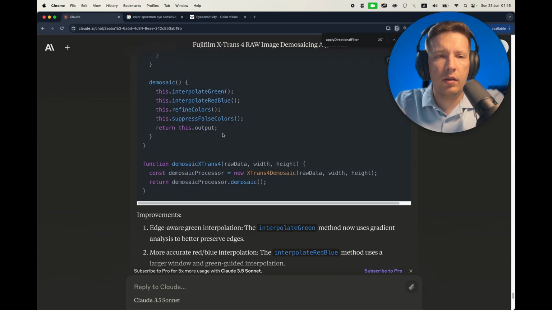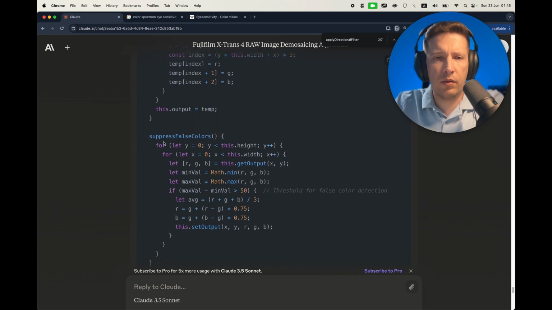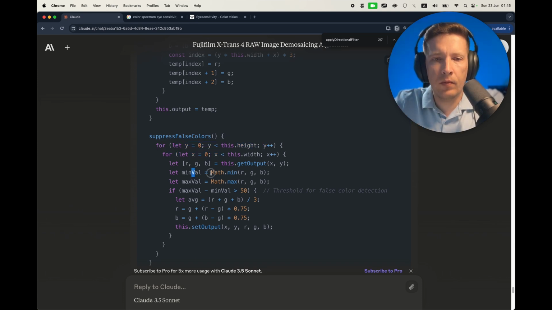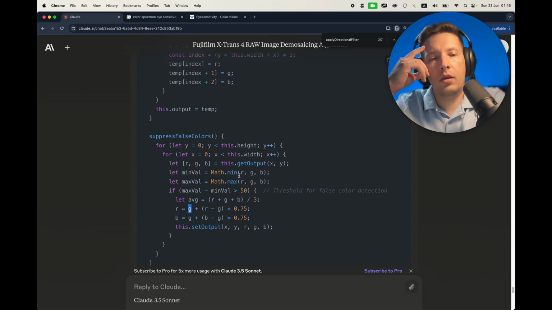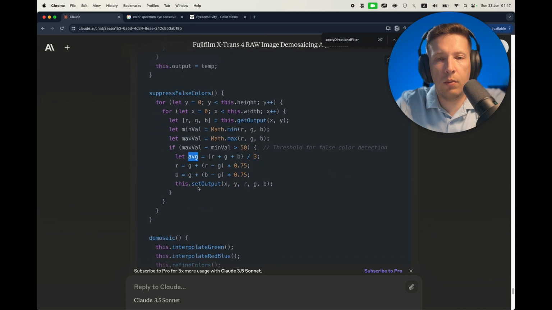Demosaic. Okay, but I don't see suppress false. Okay, so suppress false color also. We just somehow missed this. What it does, it goes through the image. Average. It makes no sense because I don't see this average being used anywhere. Basically, why